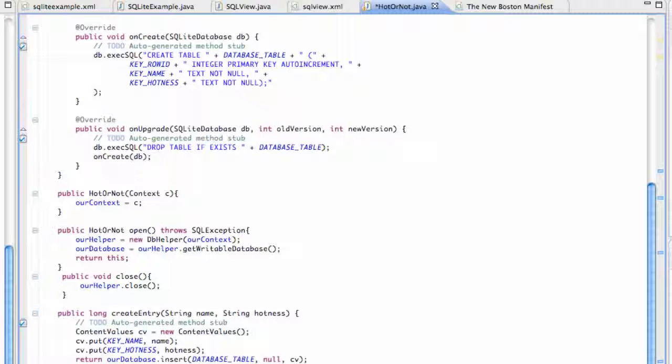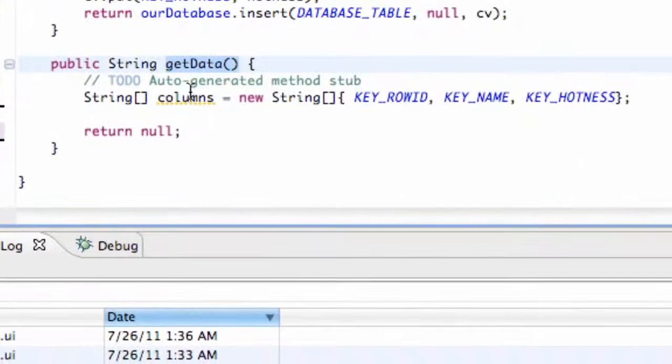What we're going to do in this tutorial, we're basically going to finish up this get data method here, because we did set up our columns array which has all of our columns in our database, and now we want to read some information from those columns. And we basically read information through something called a cursor. So we're going to set a cursor up, and we're just going to set this cursor to be C